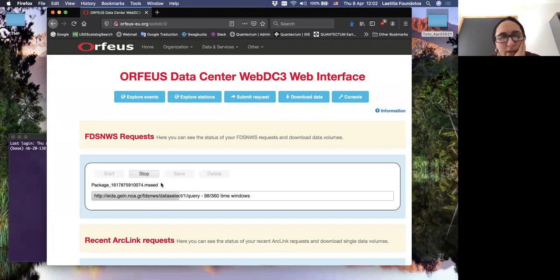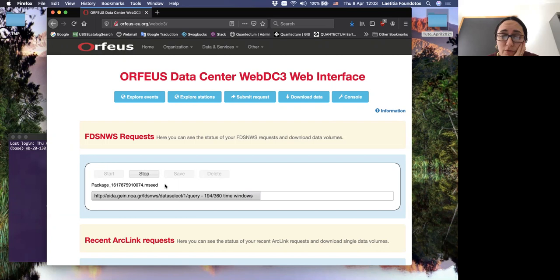largely used by seismologists. You have also another format which is full seed, and the name is .seed, and it contains both seismograms and also response files that you can use to remove the instrumental response from your seismograms.